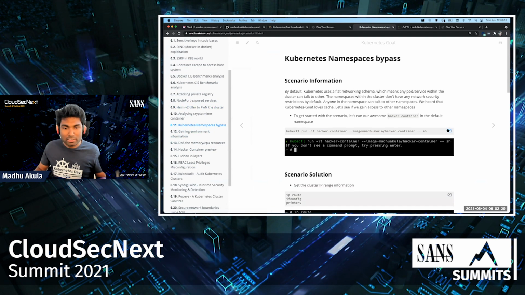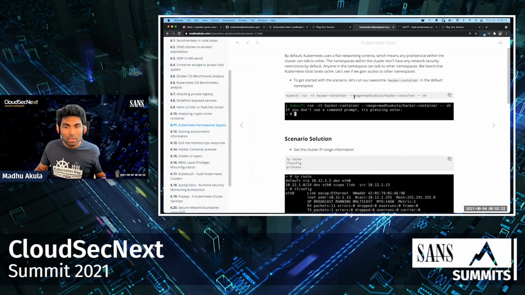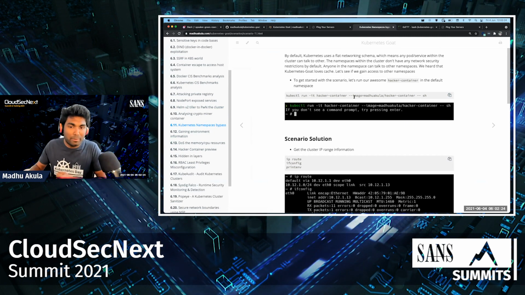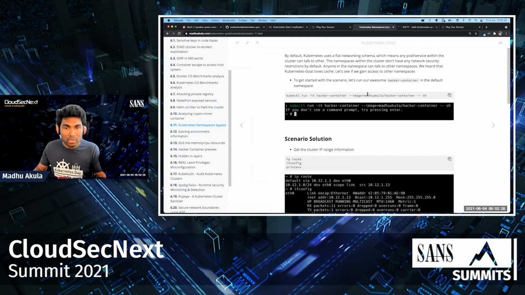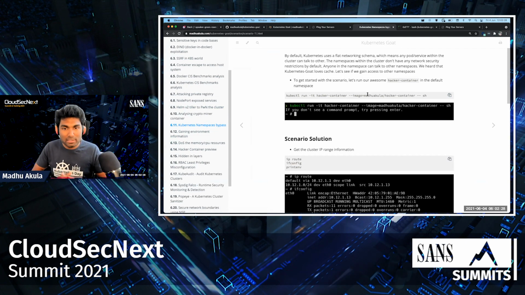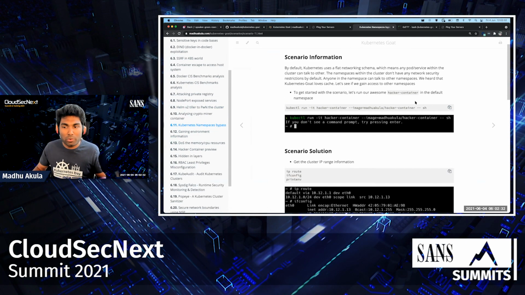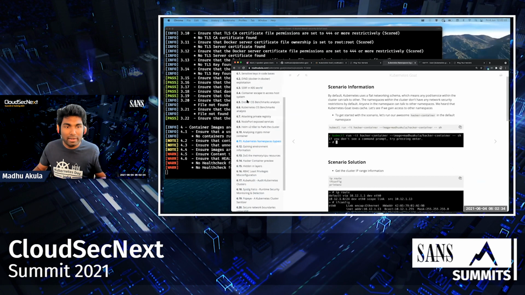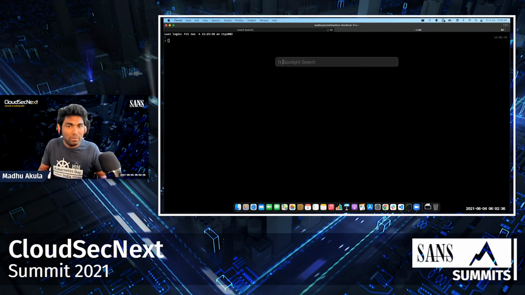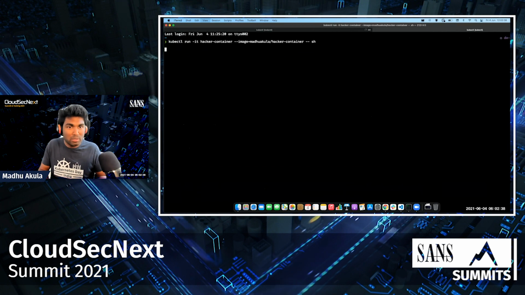This is quite interesting because as an attacker, you think that Kubernetes gives different namespaces. Those are completely logical boundaries. By default, Kubernetes is a flat networking scheme, which means that any pod or service can talk to any other pod and service, right? So if you look at this example, I will go ahead and run a simple hacker